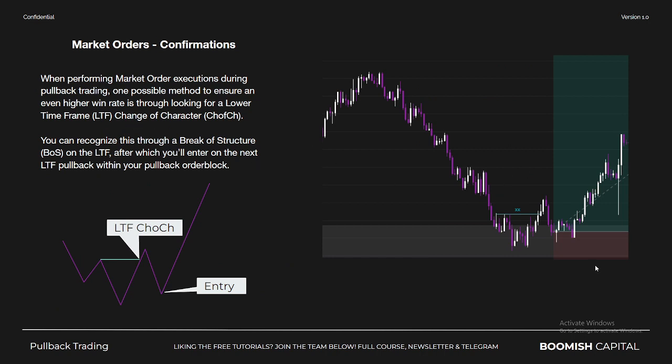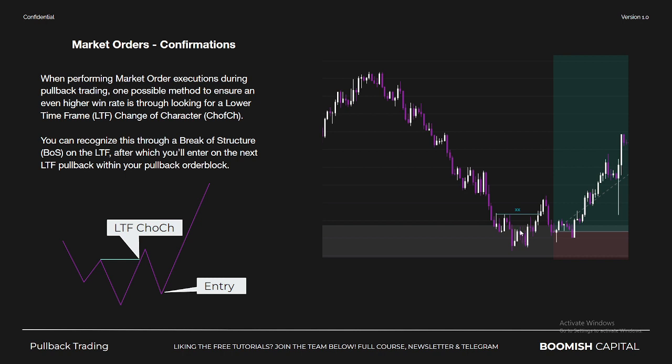Yeah, so essentially just like I just spoke about, right? If you want to enter manually, something like this where you have a lot of consolidation within your order block is an amazing market entry, rather than a limit entry where if you're just monitoring your trades, you would have entered multiple times, right? You would have entered essentially maybe with your market order just the moment you entered this